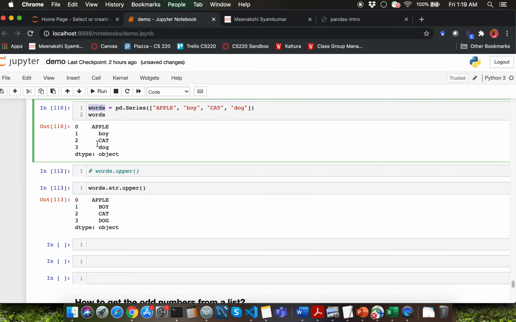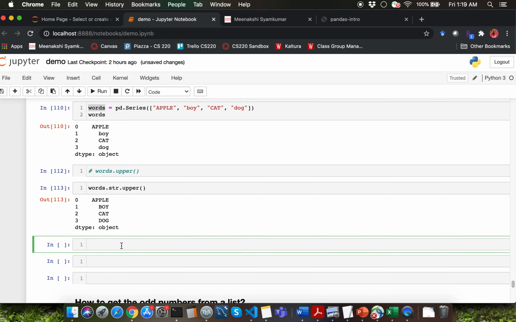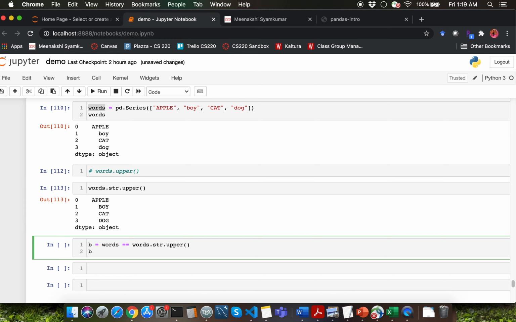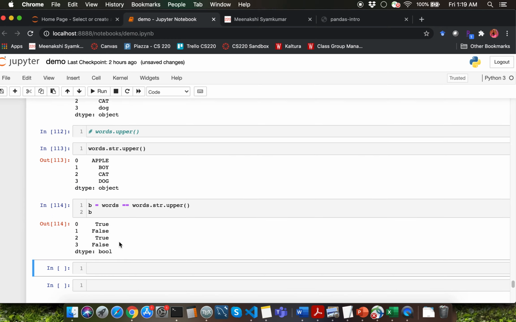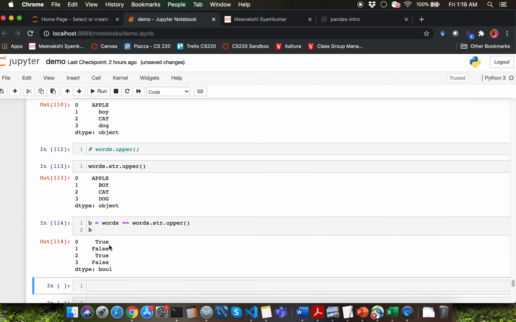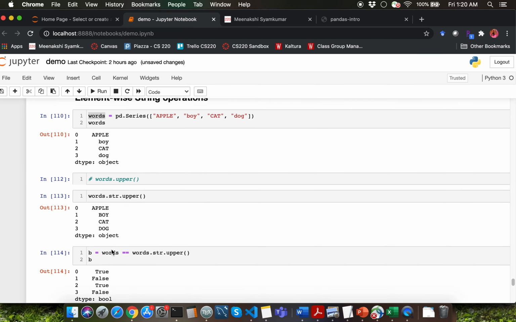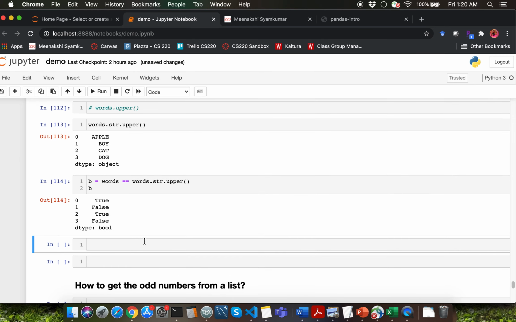So I'm going to simply say words is equal to words.str.upper, and I could capture the result of this comparison into a Boolean variable called b, and I can see that we are getting a value of true for the first string, false for the next, true for the third, and false for the fourth, and so on.